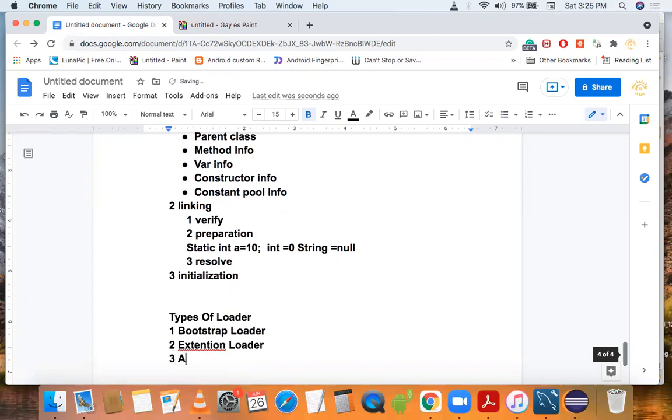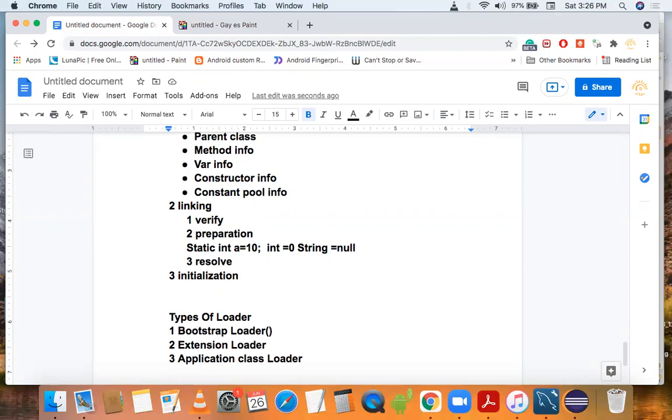Basically the bootstrap class loader is responsible for loading the core Java API.